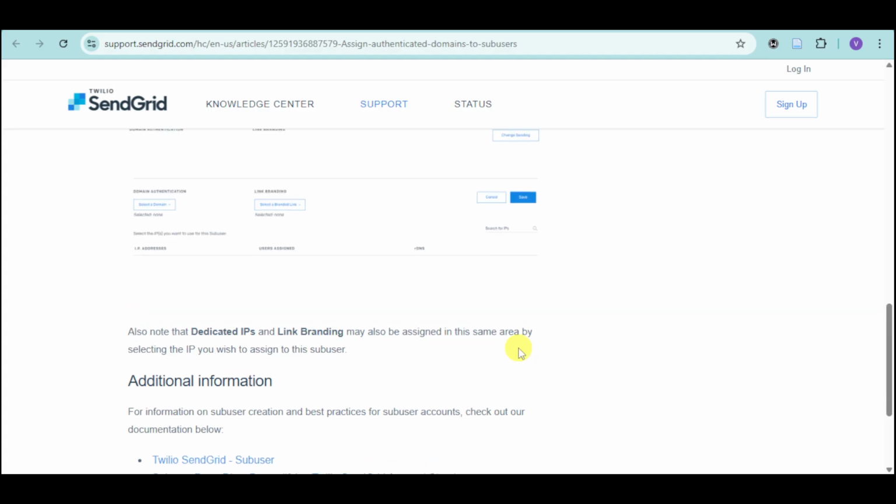Also note that dedicated IPs and link branding may be assigned in the same area by selecting the IP that you wish to assign to this sub-user. So if you have a lot of sub-users on your SendGrid, you can assign them other domains. In that way, your SendGrid account will have multiple domains that have been authenticated